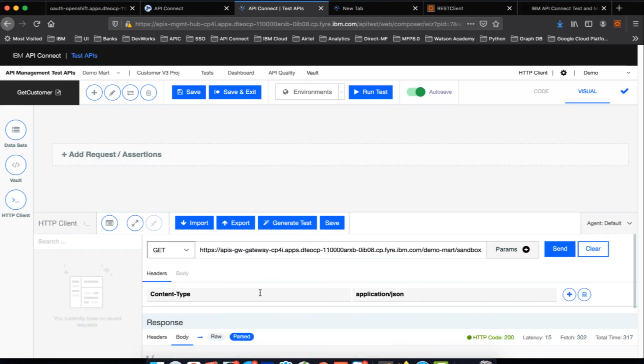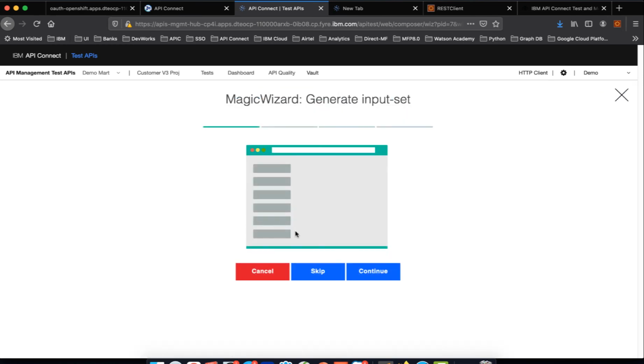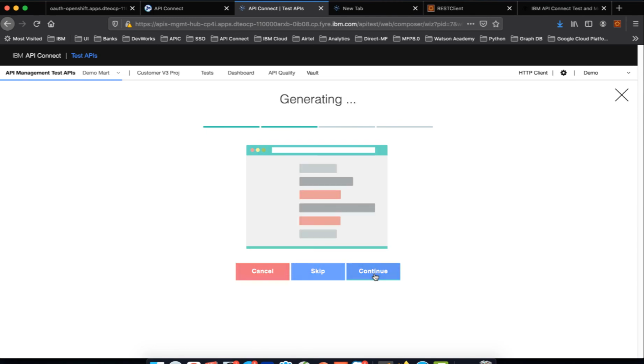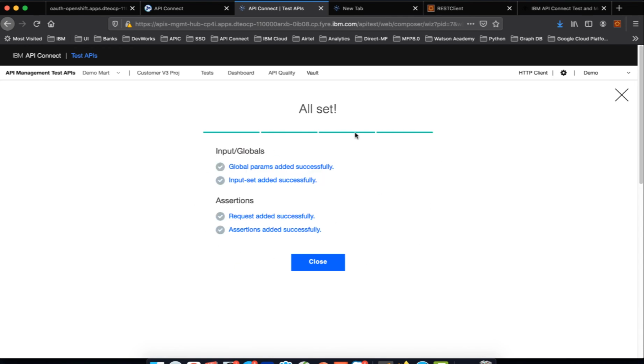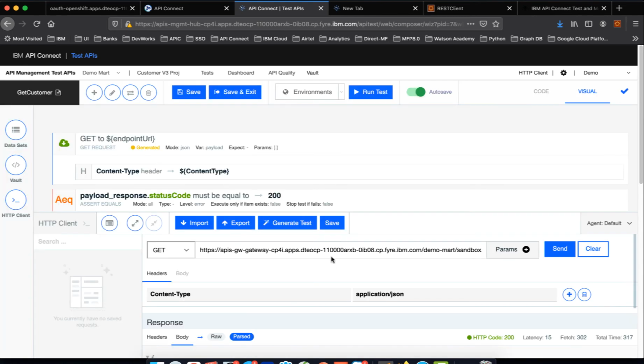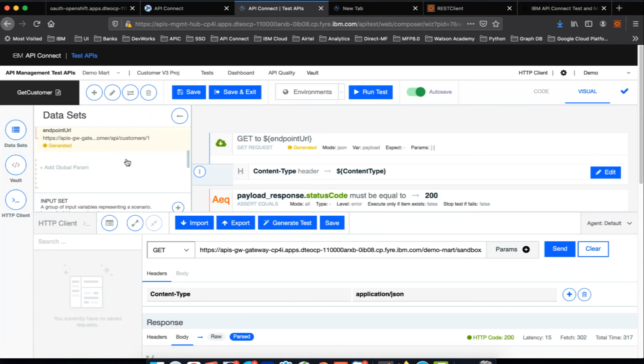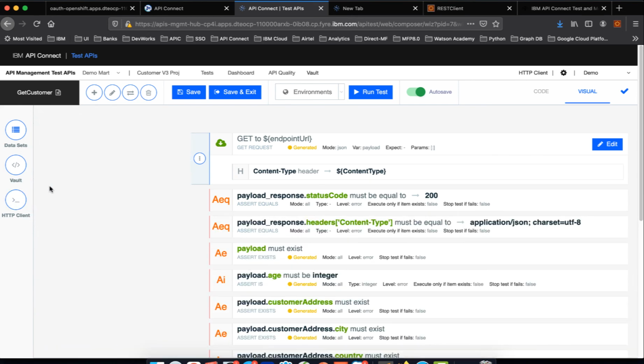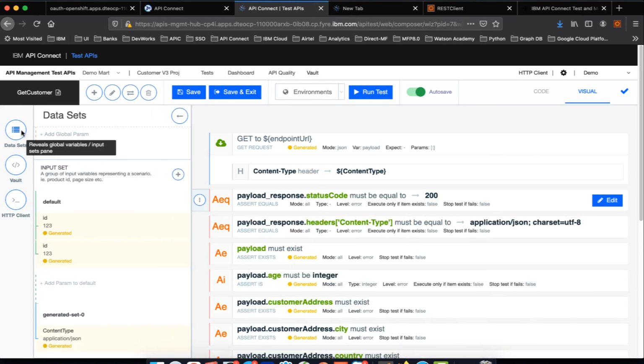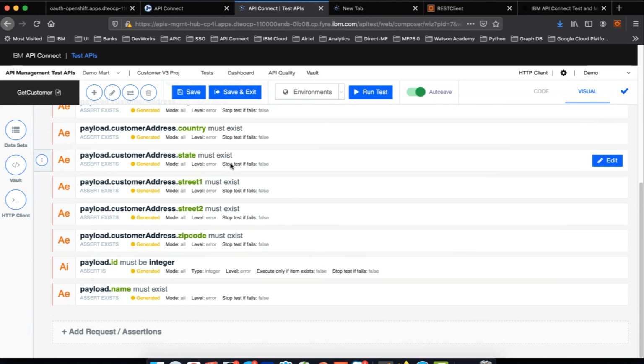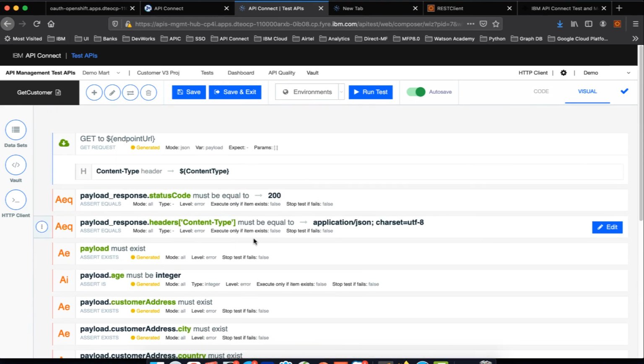So go back here, you have seen, right? Instead of import export and all, just say generate test. It will continue, keep clicking, it is creating the assertions, right? Created all the required global param, right? Now you can see it has created the required inputs. We'll come back to this. The idea is there is another way to create your